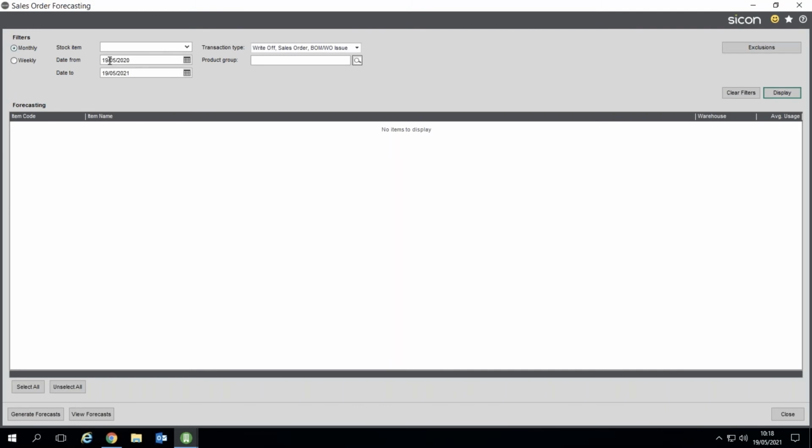So within a date range, I'll just run this for all of the stock items. I should have probably filtered that by one, but you see the transaction type, it's looking for any write-offs, sales orders, BOM or works order issues. So that's the Sicon works order issue, but again, if you've consumed them in the bill of materials. And what that's going to do